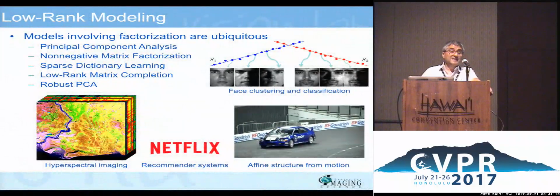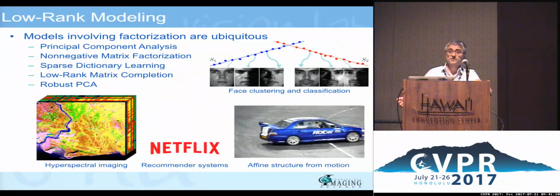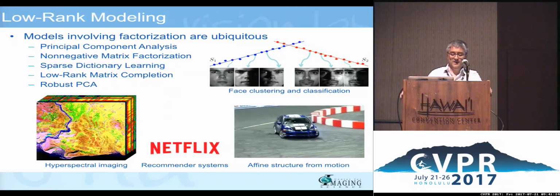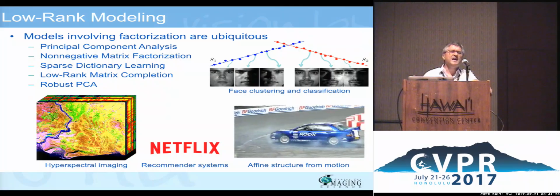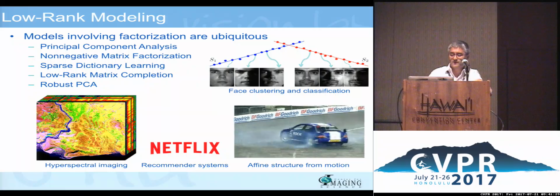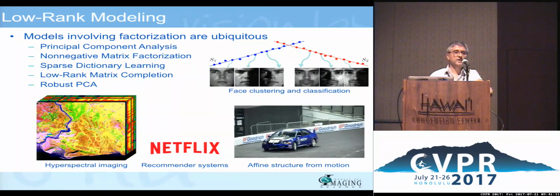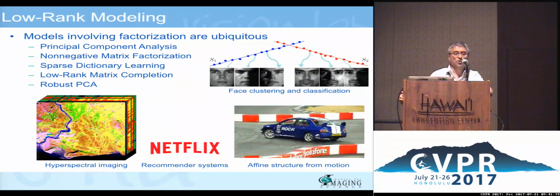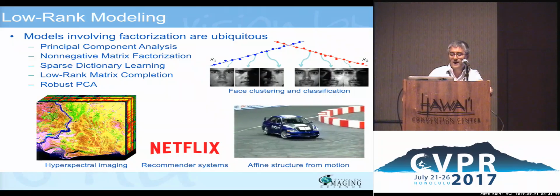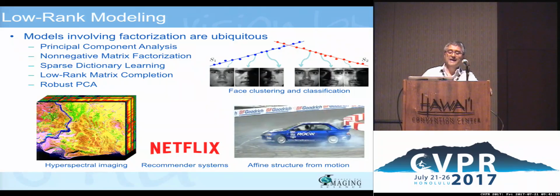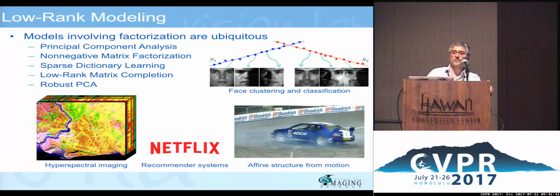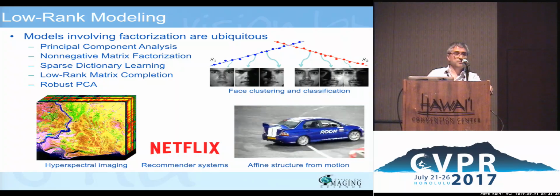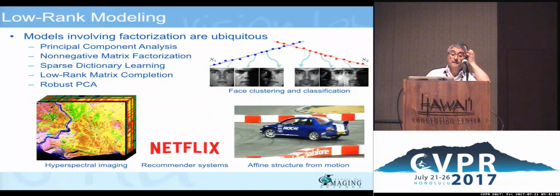Okay, so as it turns out, matrix factorization is an important problem in machine learning of its own, and it's got lots of applications from hyperspectral image. The Netflix challenge is one other example. And in computer vision also, if you think about subspaces for face recognition and face clustering, or motion segmentation, or structure for motion, cases where you've got subspaces appear all over the place, and matrix factorization is sort of the technique or the method of choice for many such problems.